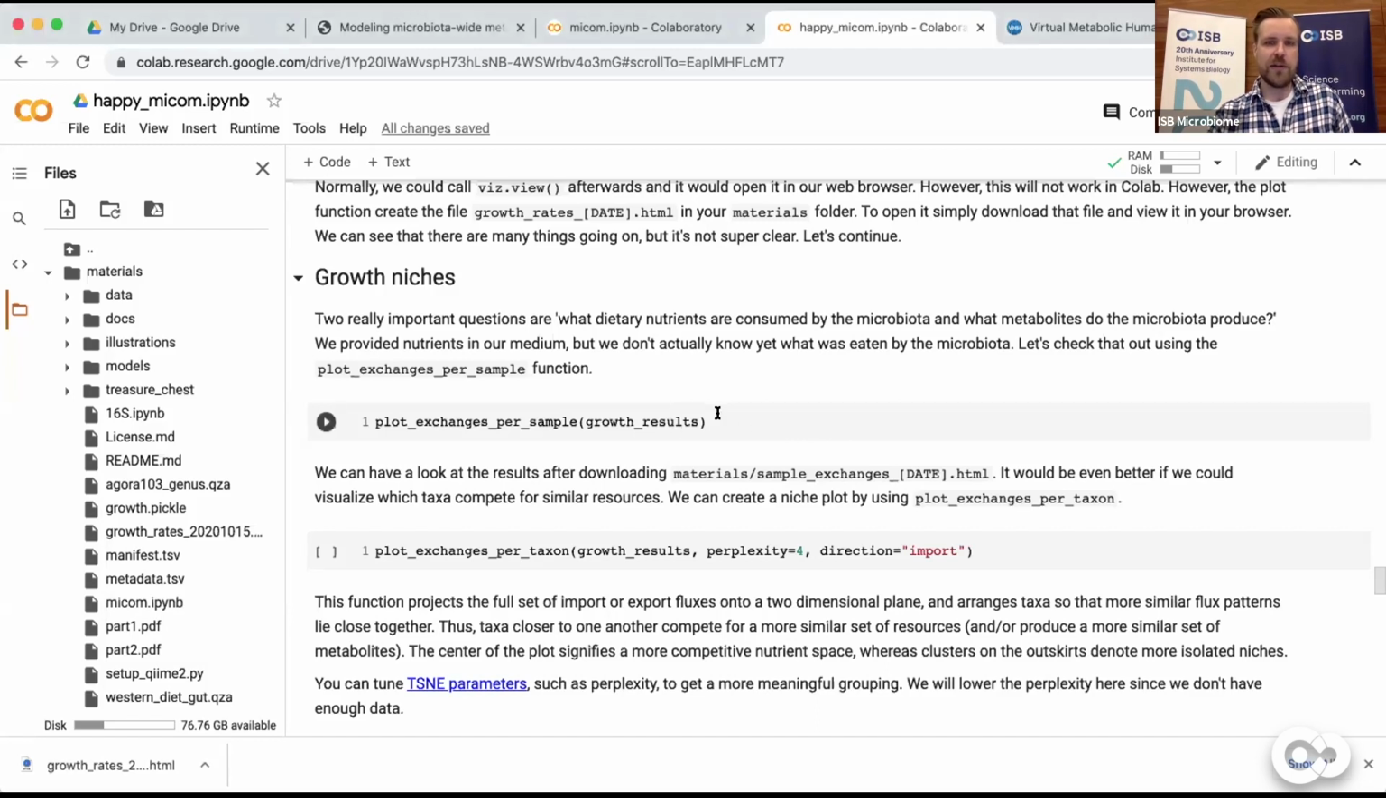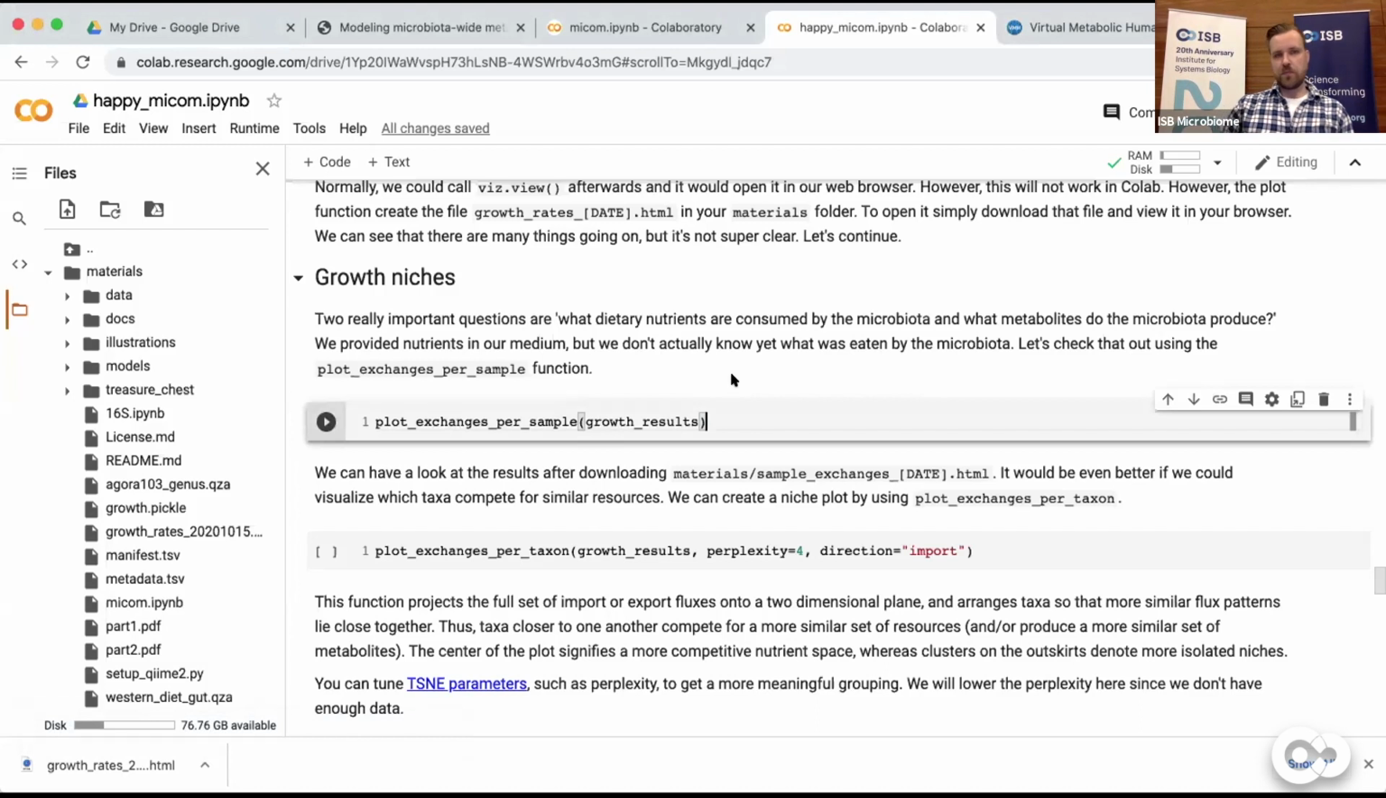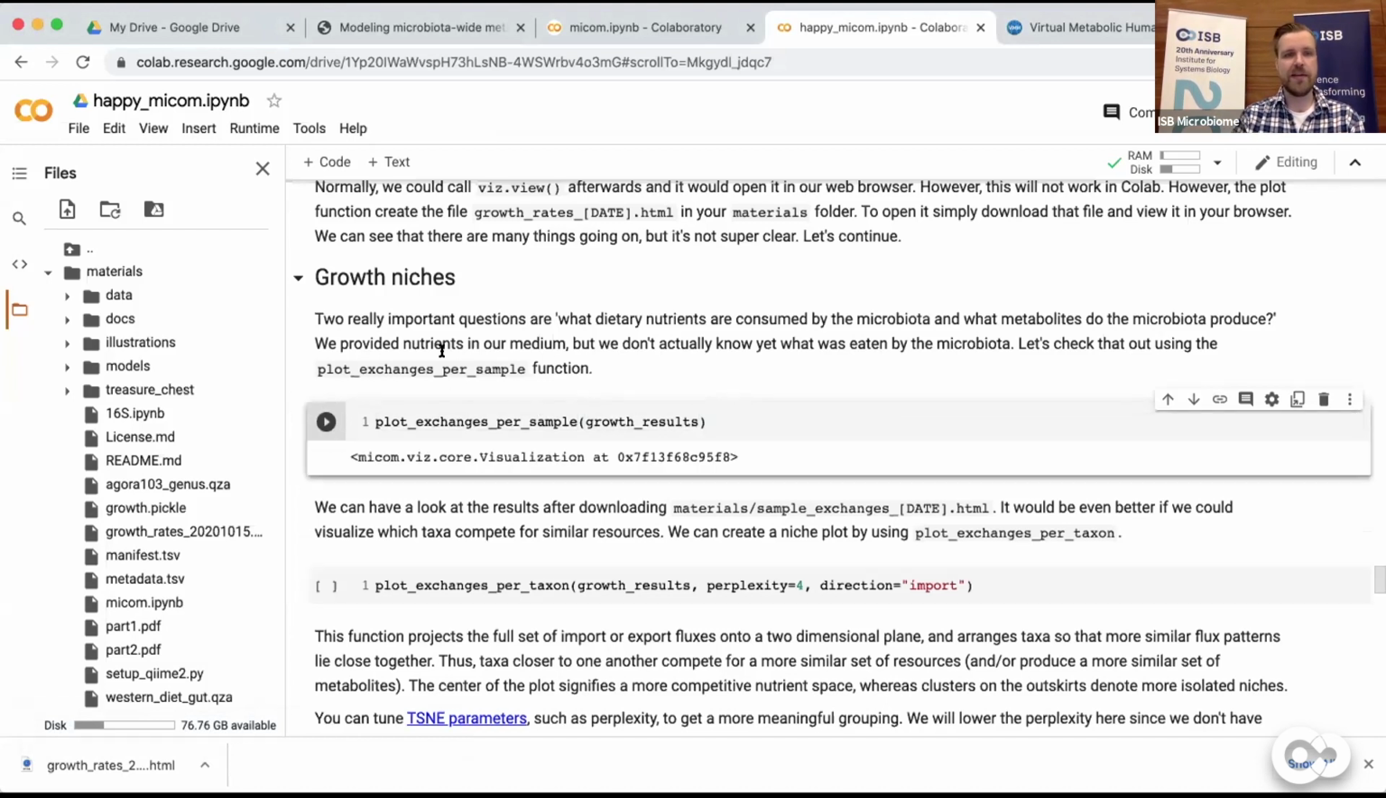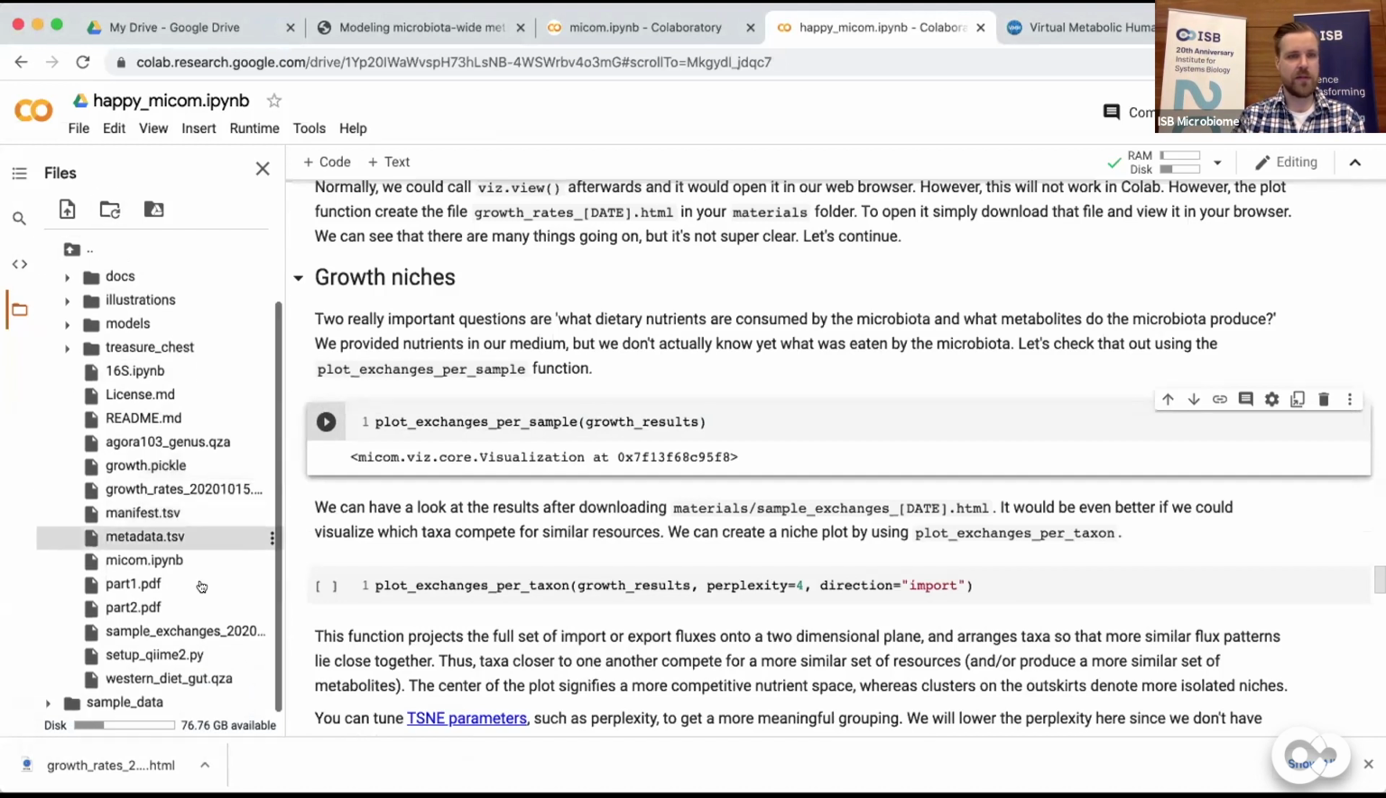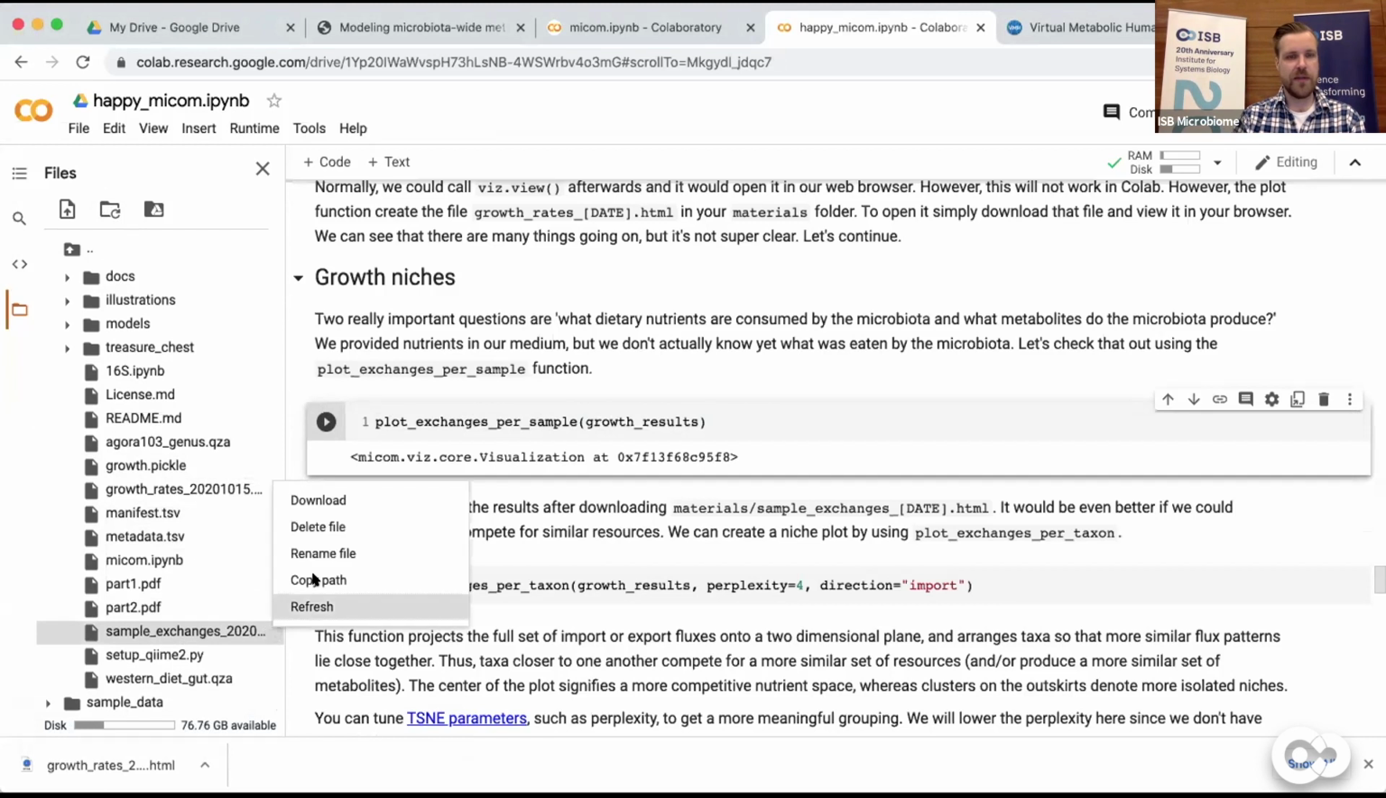So the first thing we can try to ask is if we can just see what is preferentially consumed in every single sample, and that's basically the plot exchanges per sample. If we do that, same as before, we get another HTML page in here, one that's called sample exchanges. And if you download that one,